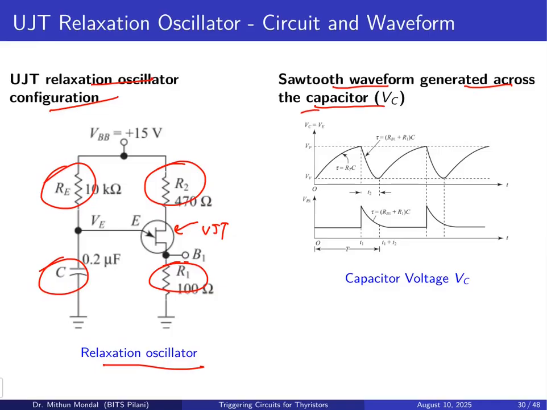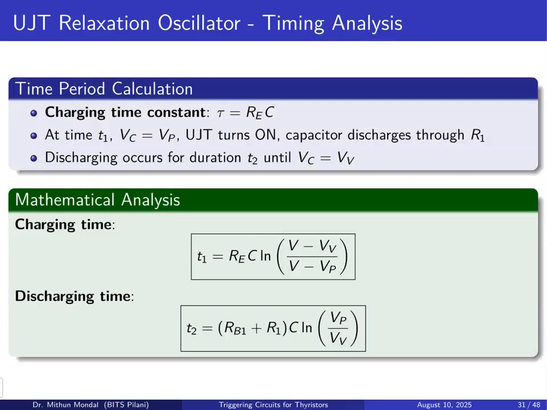So this is your emitter voltage with respect to time t and the resistor R1 voltage. You can see the time constant tau, which depends upon the resistor values of R1 and RB1 and the capacitor value. This controls and provides a sawtooth voltage. If we do the timing analysis of this UJT relaxation oscillator, the charging time constant is the product of the emitter resistor and C, and at time t1,